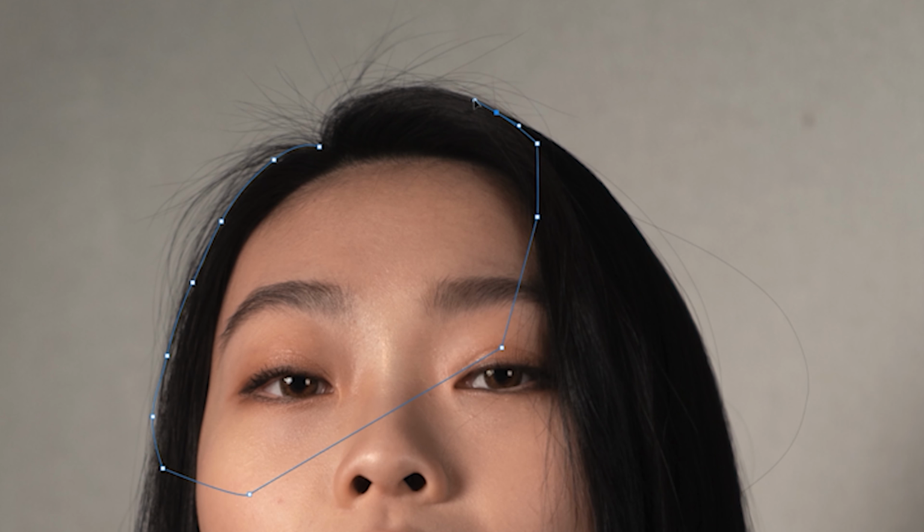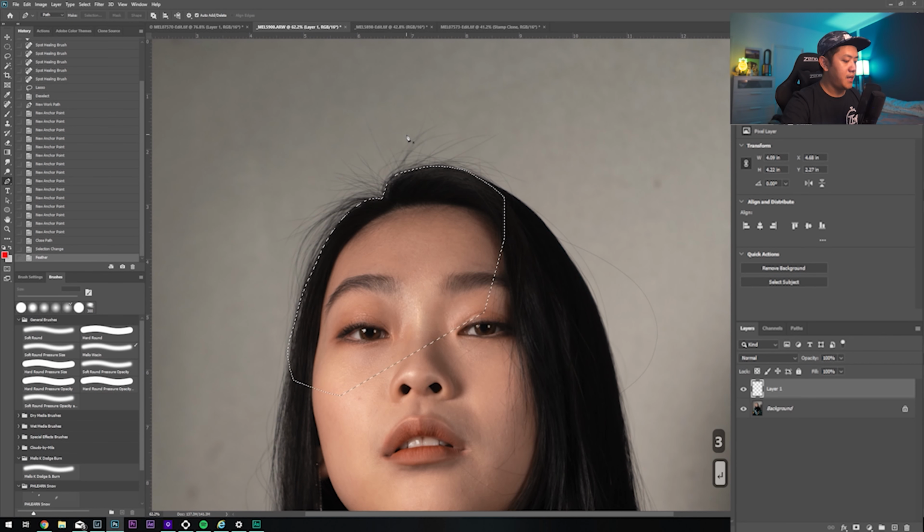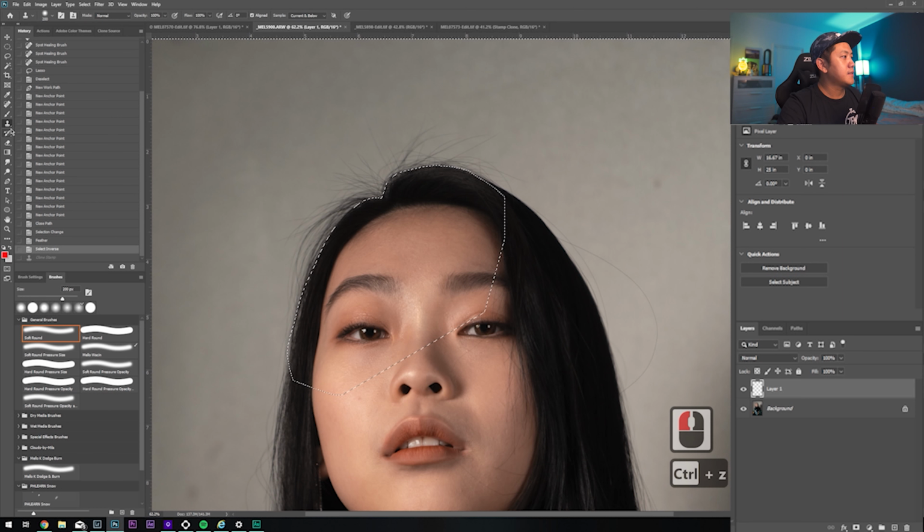Now I press Control Enter to make a selection, and then I go to Select, Modify, and then Feather. I'm going to feather about 3 pixels, not too much. From there, I press Control Shift I to invert the selection, and basically my whole working canvas now is here. Select the stamp clone tool,